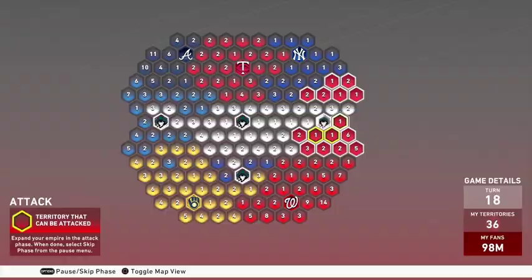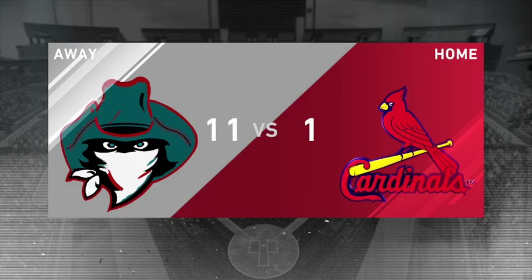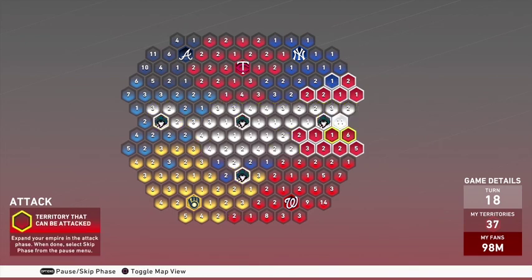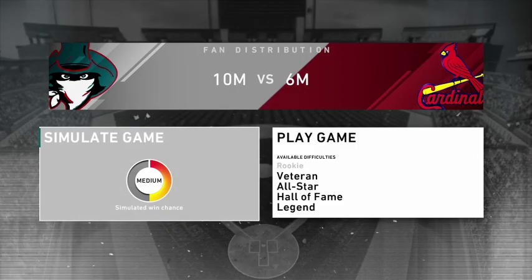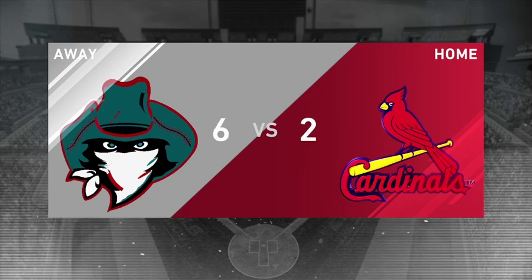Yeah, we're like, oh, what do we do? What do we do? Where do we go? It looks like we're just going to go ahead and continue getting the rest of the Cardinals territories here. The Yankees will help us with that a little bit. Washington making some moves. But finally,